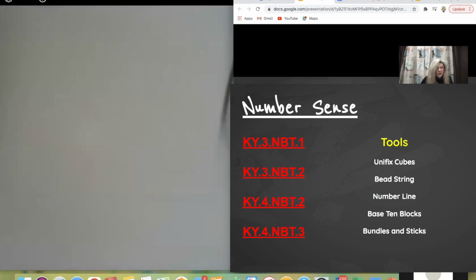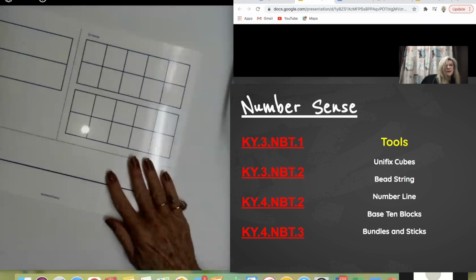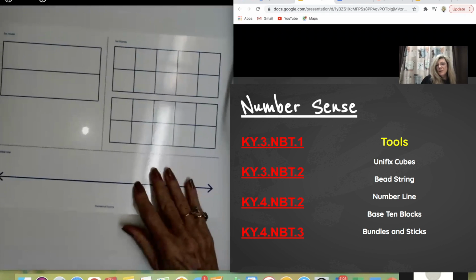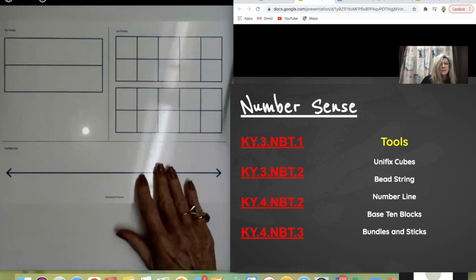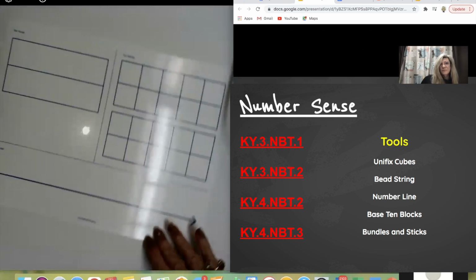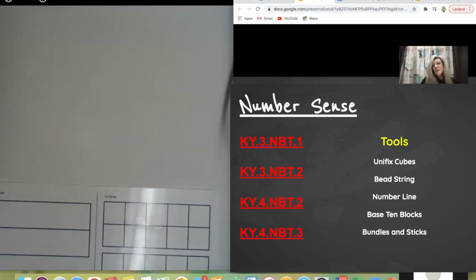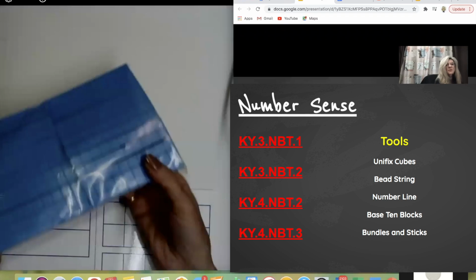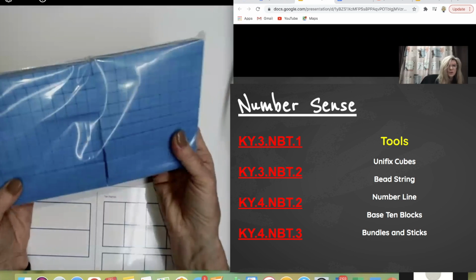And then of course the number line, and you have number lines in your classroom. We gave you this nice little mat that Melissa was talking about earlier, and it also has the open number line on it. Open number lines are awesome for our kids. And then of course you have base 10 blocks, and your base 10 blocks are these sets of blocks that came in these packets like this, and we'll work with those in a bit.